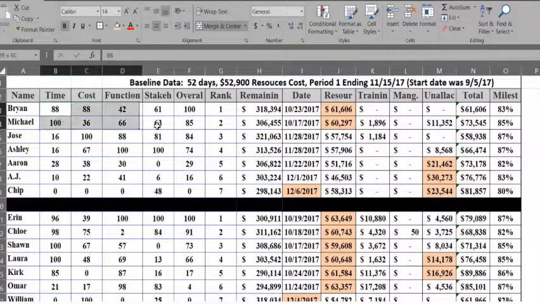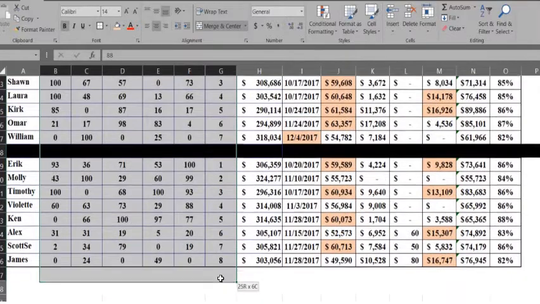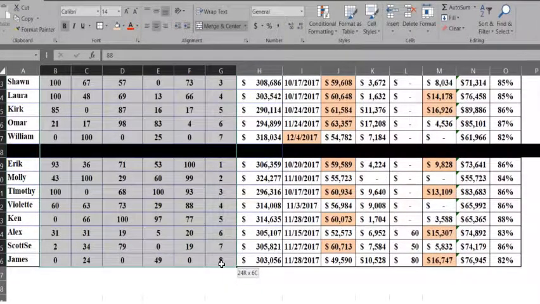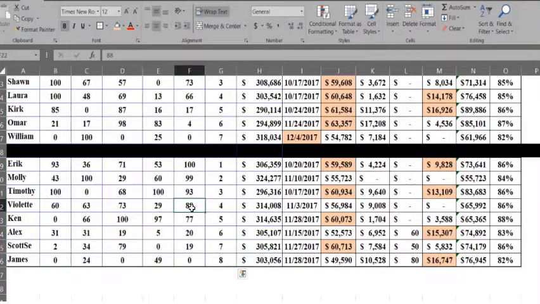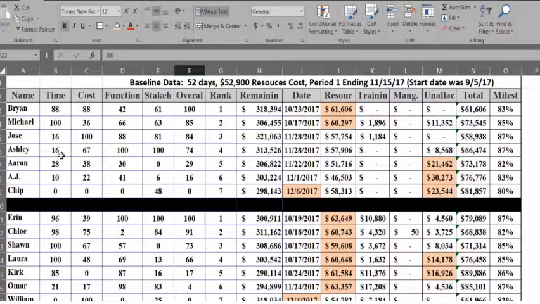Don't freak out about this data here, and really even the ranking. So all this stuff here, it's kind of important, but it really is a measure of you versus your team versus your other people playing the simulation, and it's measuring what? In terms of time, who finished first? Michael finished first on October 17th in this simulation. Who finished last? Chip. 0 for last, 100 for first. Everything's apportioned in between.